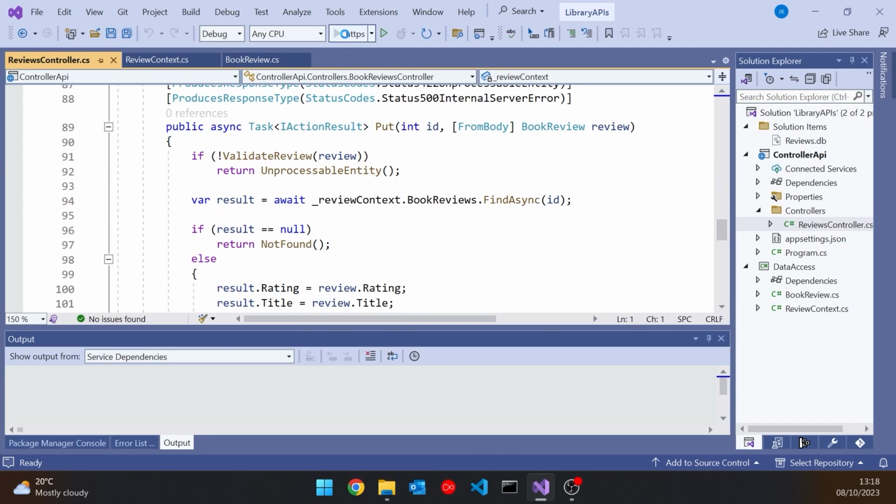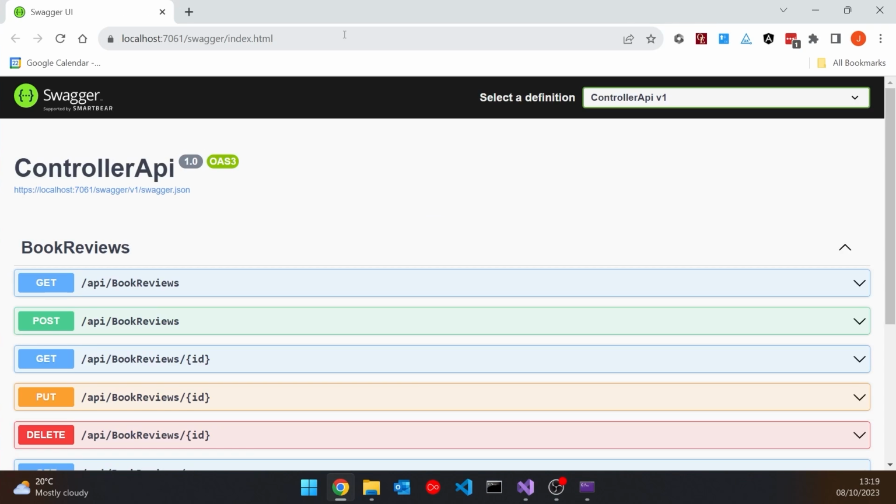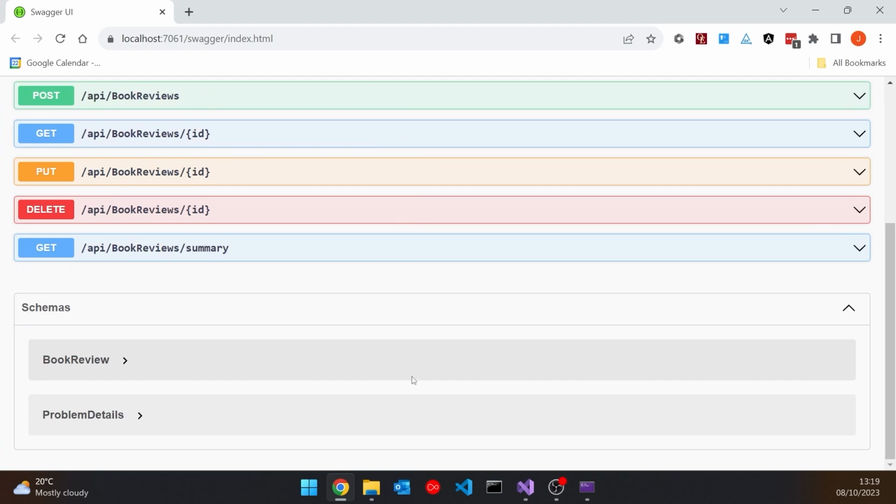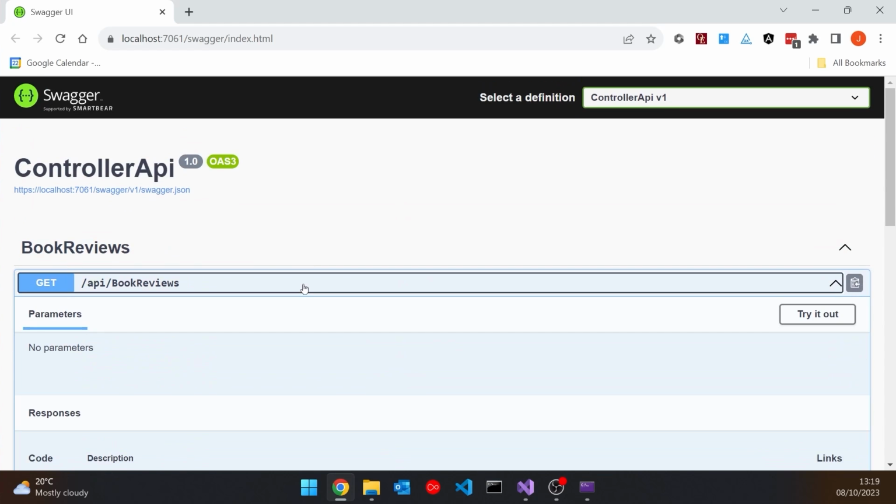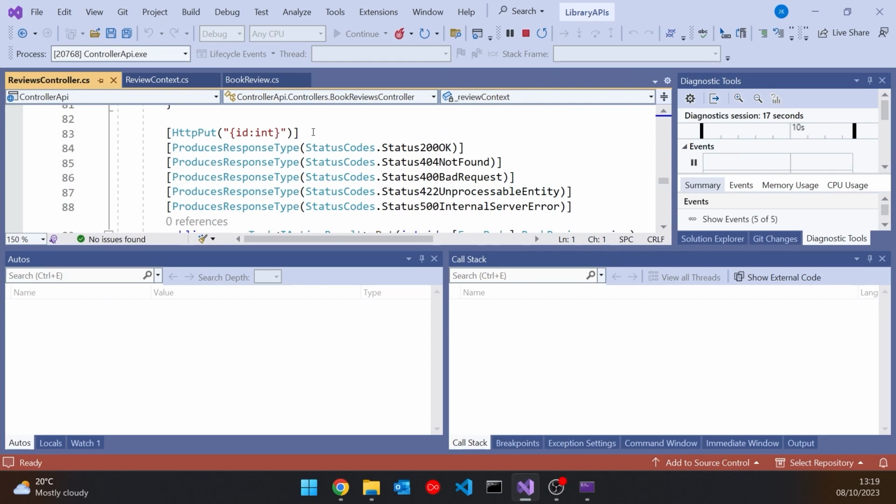And if we run that one up, then we can see we get Swagger and the various endpoints and lots of information in there because we used the attributes back in the code to describe exactly what's going on with each one of the controller endpoints. We're going to be looking at that Swagger detail in the next video when it comes to minimal APIs. But let's add to this a minimal API project.